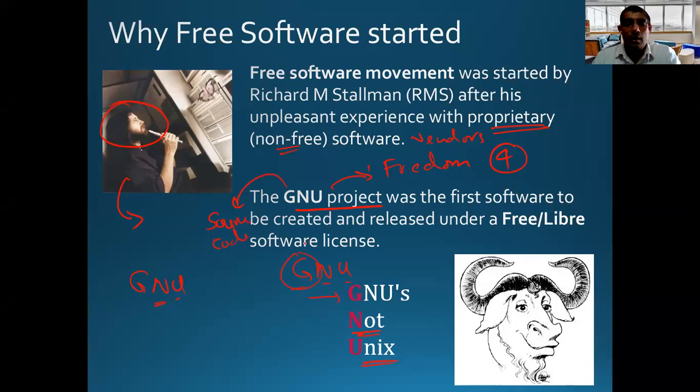The first software was created and released under free, or that's why sometimes people write FOSS, free open source. Some people write it like this, FLOSS, because L is used for Libre: free slash Libre open source software. Libre means freedom, right? Not no money. So if someone thinks FOSS is free software, so we don't have to pay anything, or free of charge,